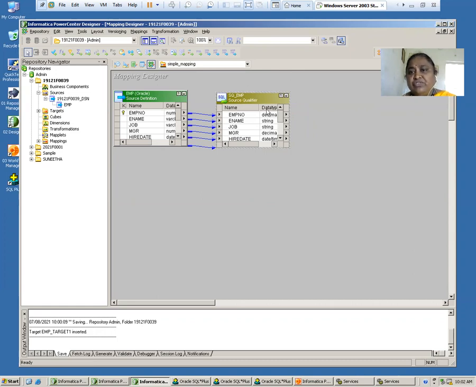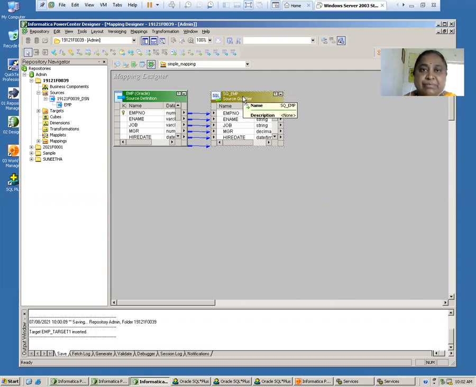Whatever modifications you want to do, you can do in this replica without disturbing your source definition. The source definition of your Informatica will not be corrupted. If any changes are to be done, they will be done only in the SQ_EMP, which is a source qualifier.